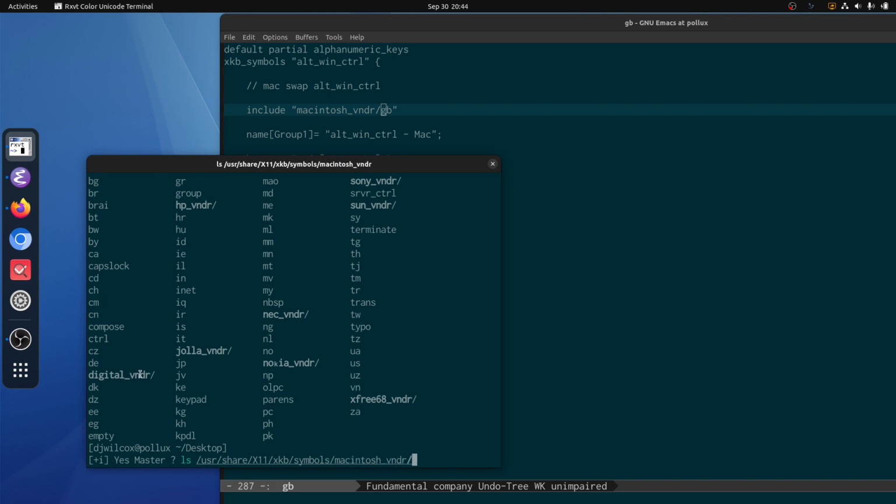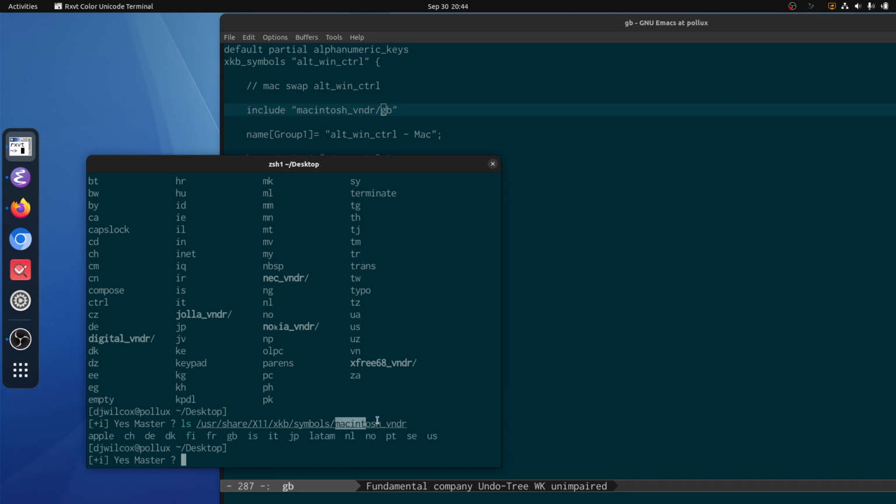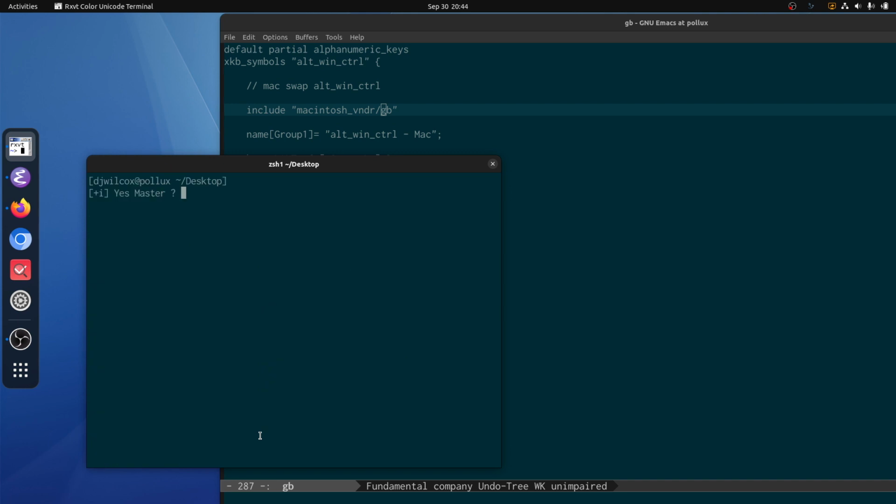So as you can see, /usr/share/X11/xkb/symbols/macintosh_vendor. So this include macintosh vendor corresponds to this directory here, and in there you will see GB. So you'll see all the country codes listed here. So what I did was less